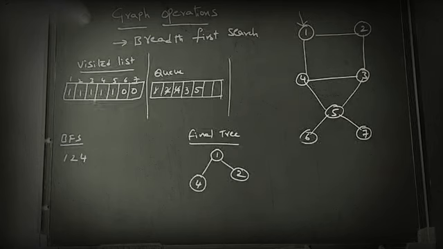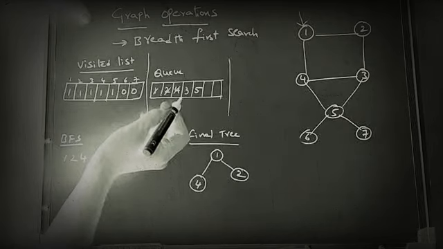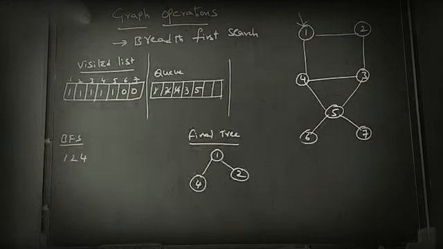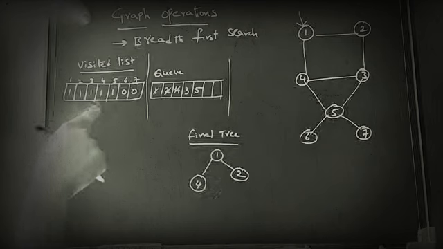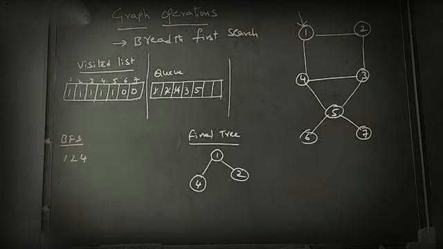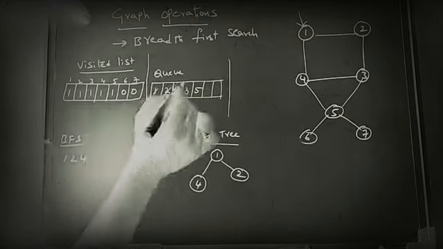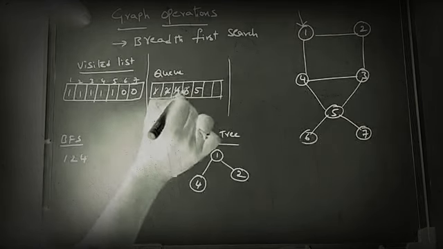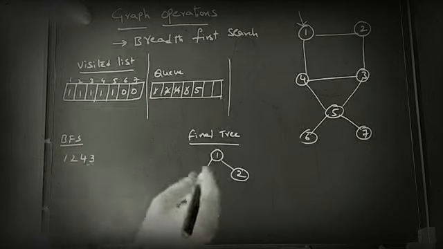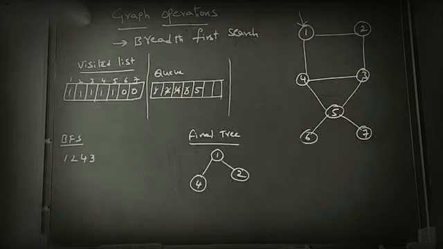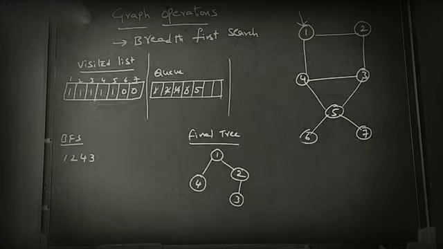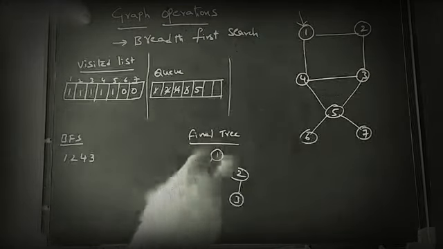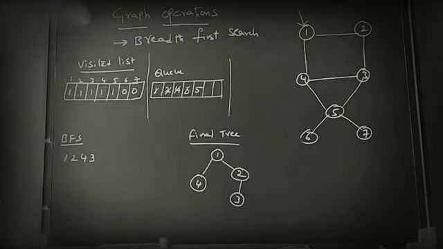Next, which node is in the queue? 3. Does 3 have any adjacent nodes? What are the adjacent nodes of 3? 4. 4 is already visited. The next adjacent node is 2. 2 is already visited. The next adjacent node is 5. 5 is already visited. So there is no new node to visit, and the work of node 3 is over. Remove 3 and add it to the order. Where to add 3? Add it in the same position as the node in the graph, in the final order.